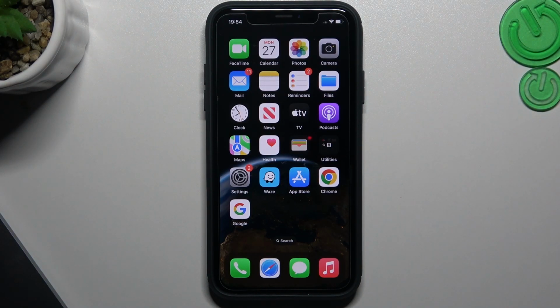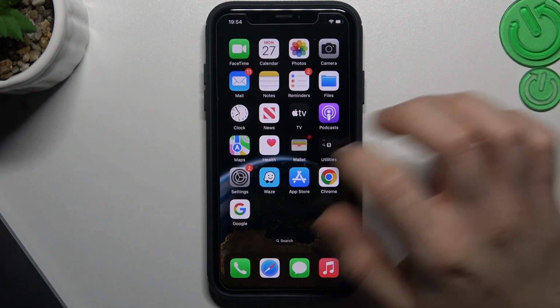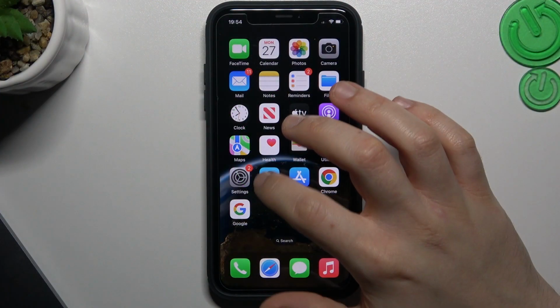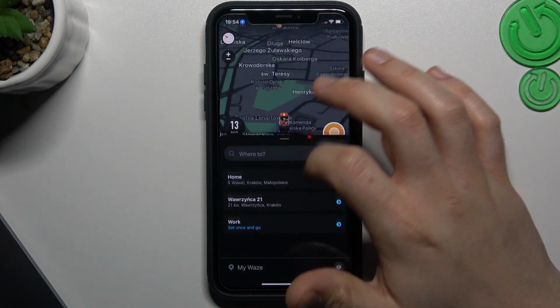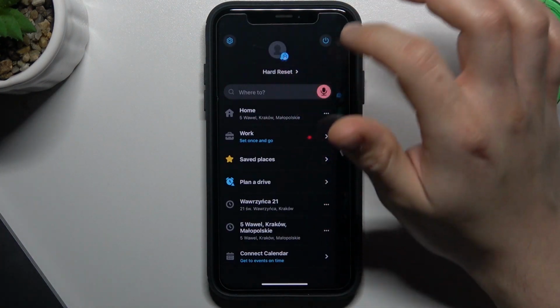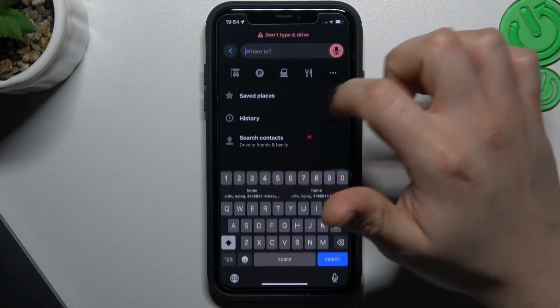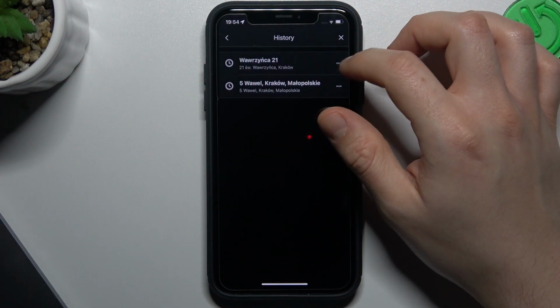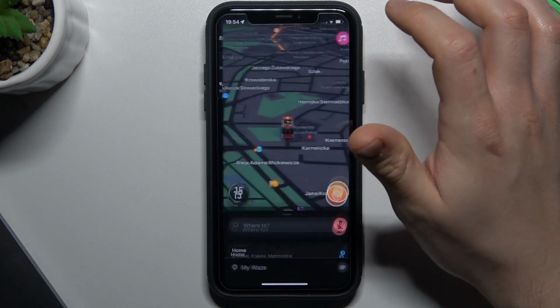Today I will show you how you can clear the history in the Waze application on your iOS device. So let's start. Open the Waze, then open my Waze. Now tap on the search bar and, as you can see, there we have a history. Just open it, and if you want to remove, just click